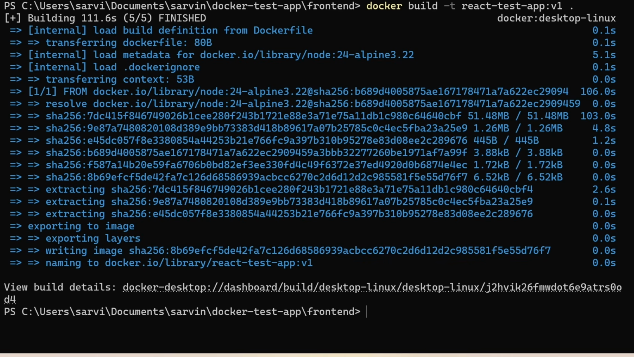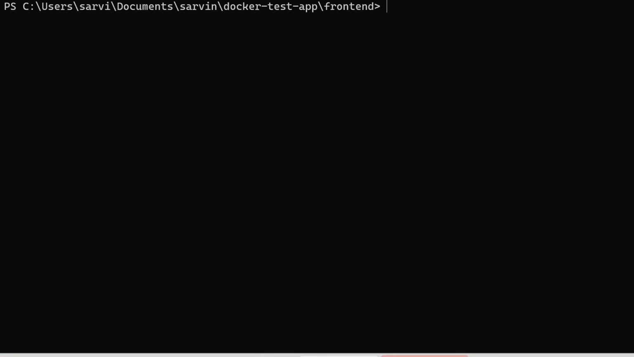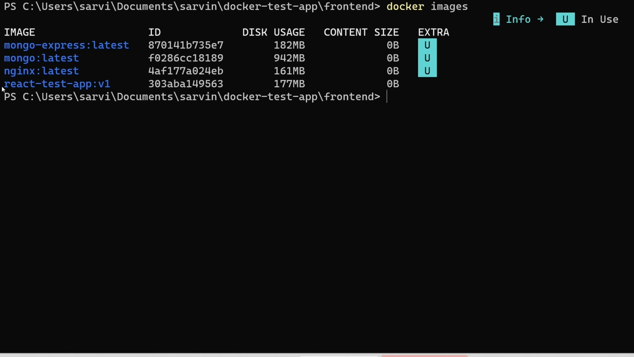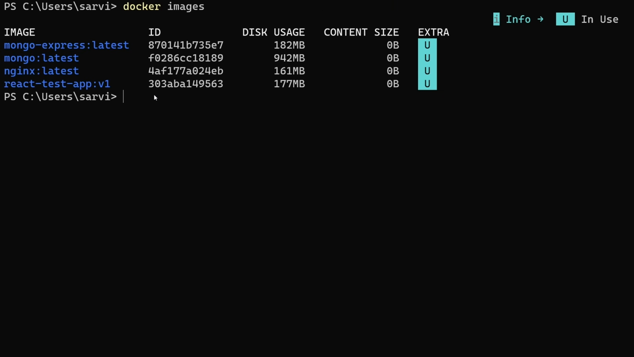Here, if you write the command docker image, as you can see here, my image is created and the version is v1. Now that our image has been created successfully, let's run it and create a container from it. To do that, I run docker run -it and I paste the container image name, which is React Test App v1. And when I press enter, the container